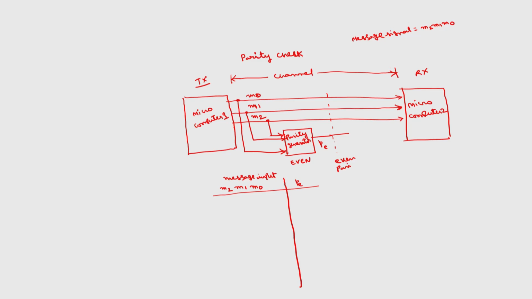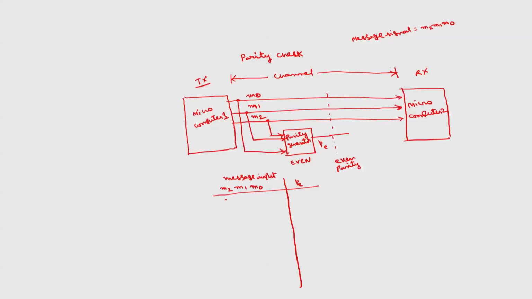A number is said to have even parity if it contains an even number of ones. So, if I want to transmit 0, 0, 0 information, what is the actual parity in the message bits? How many ones are there? 0 ones. So, 0 is an even number. This 0, 0, 0 already has even parity. So, I will choose this parity bit as 0 such that these 4 bits now have even parity.